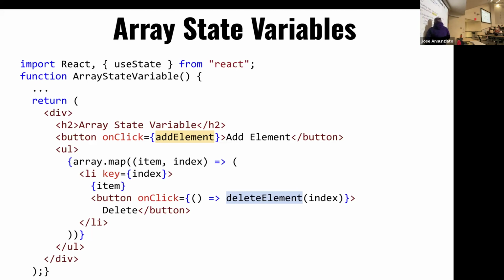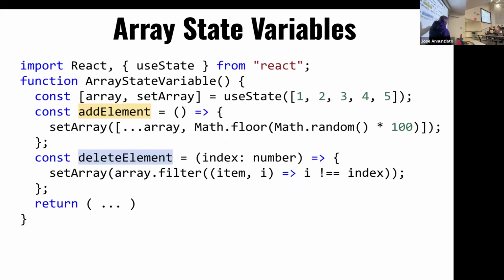If it's the first item, this will be 0, the second item, this will be 1, and so on. If you click on the third item, we pass its index. And the way we use that index is